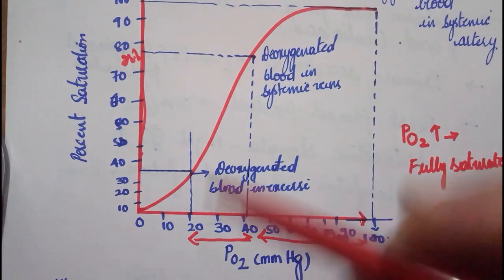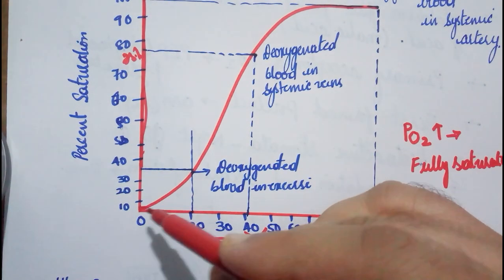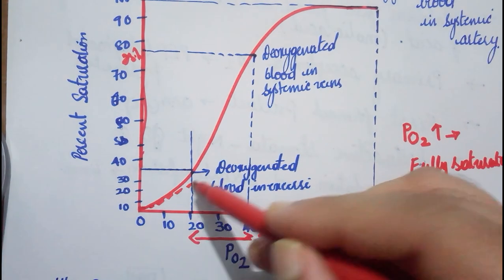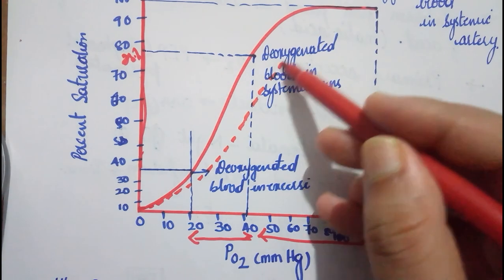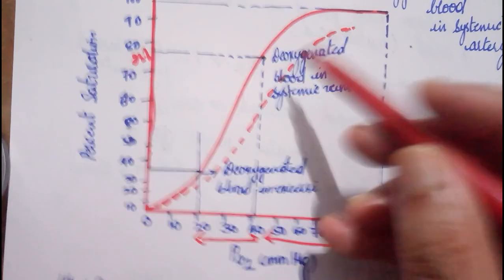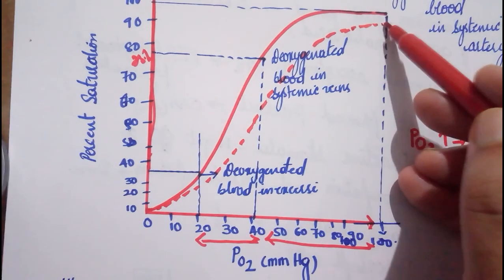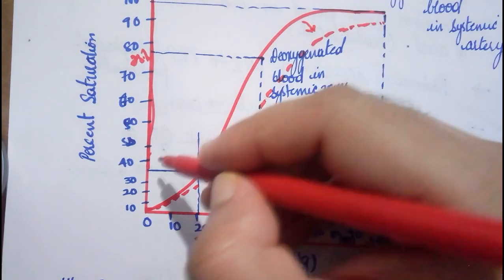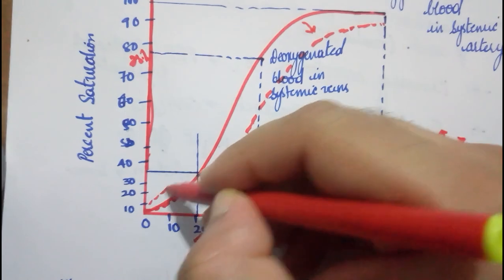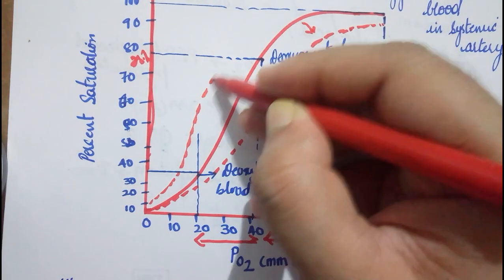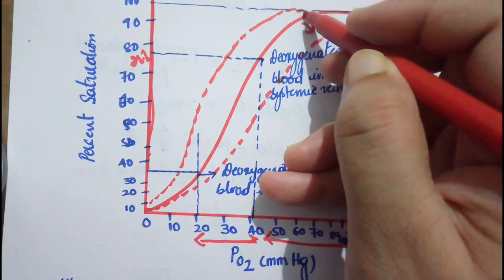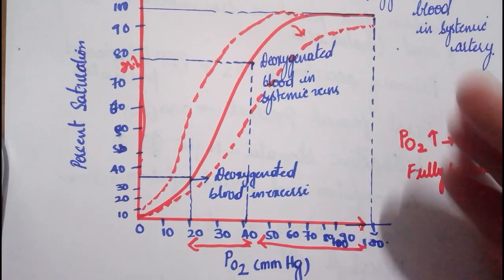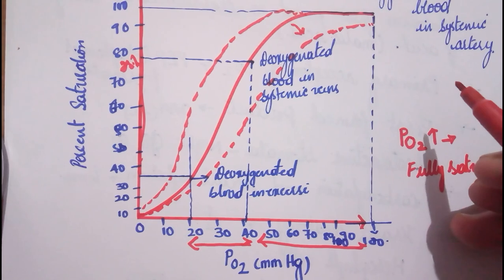With the hemoglobin molecule. Now we have to study 2 more things here. First thing is the right shift of this curve. When does this curve shift towards the right? And the second thing we have to study is the left shift of this curve. In what conditions the curve is going to shift towards the right, in what conditions the curve is going to shift towards the left. I'll make a separate video on that.